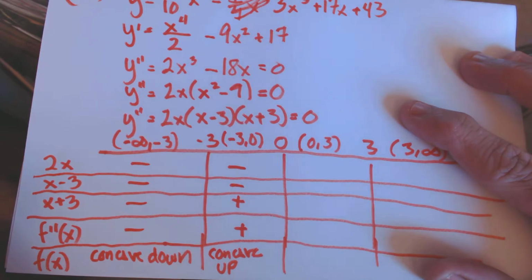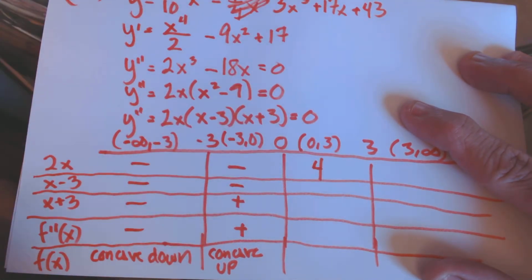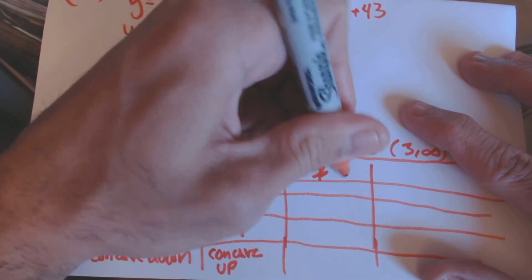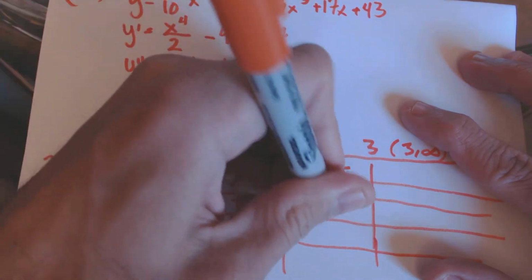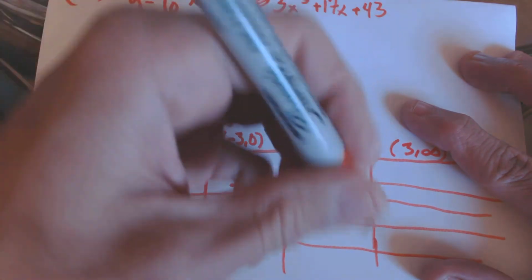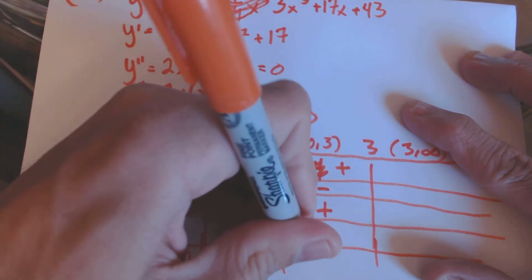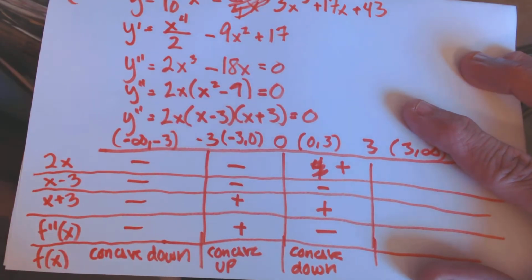Alright, let's look at the next interval between 0 and 3. Let's plug in the value of 2. 2 times 2x is 4x, which means that this is positive. 2 minus 3 is negative, and 2 plus 3 is positive. So we have a positive times a negative, making the second derivative negative. And so the function is concave down over that interval. And again, because the concavity changes as the function passes through 0, we have another inflection point